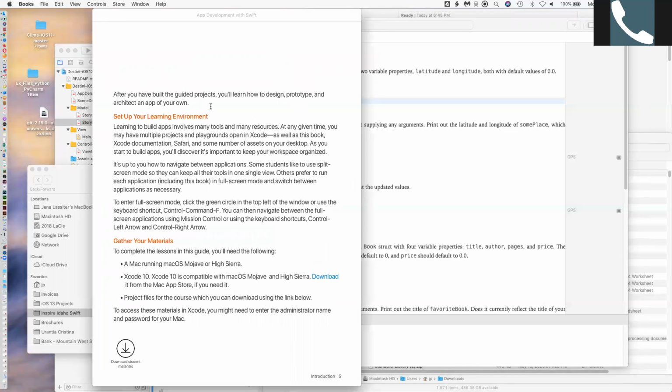Oh, and I also wanted to mention that if you've got the two playgrounds side by side, the teacher playground with the solutions and the student playground without the solutions, they're named the same, so it could be very confusing. You could get confused. What I usually do is put them on one side of the screen or the other, just so that I know which one is which. And then,